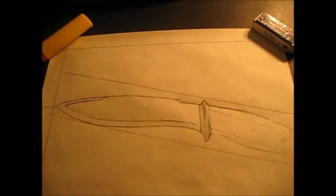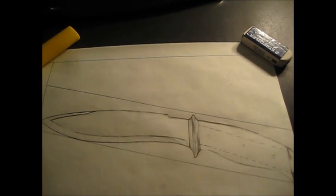designed a knife. Yes, I have. I don't know, I might make it on my own, and I reserve the right to do so in the future. But anyway,